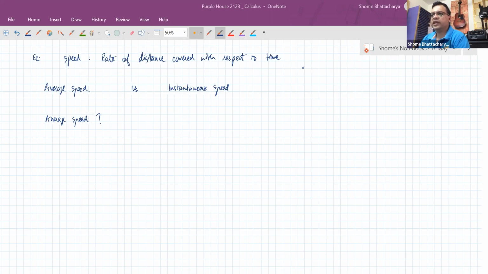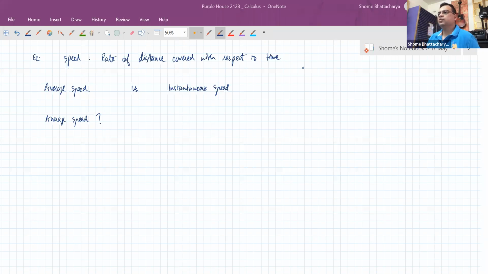But can we also define average speed for a part of the journey instead of the full journey? Does it make sense? Like, let's say the whole journey was from 7 a.m. to 3 p.m. But does it make sense to ask what was the average speed from 9 to 11? Yes, it makes sense. You can always calculate separately the average speed for only a certain part of the journey. So it's not enough to say it is total distance upon total time.